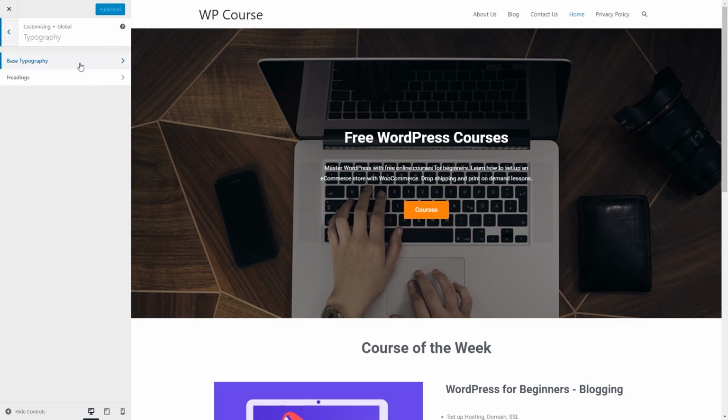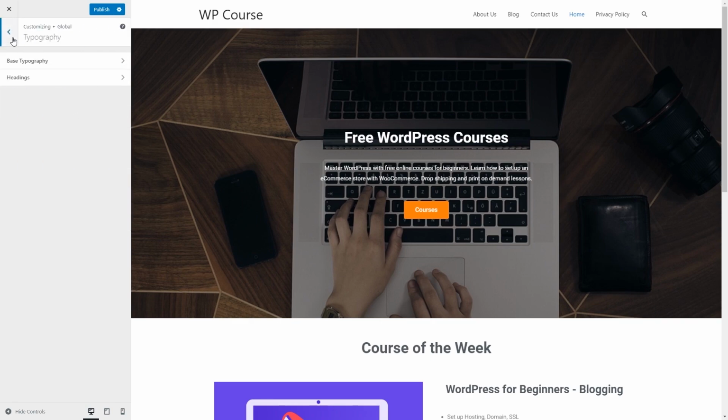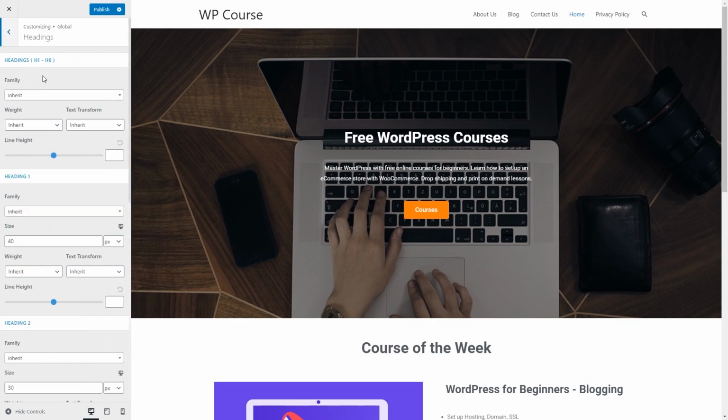So this section is all about fonts. We can change the font family of our website. So for example, if we would change it to another font, let's say to this one, as you can see, the font is different right now. So it's up to you. If you want to change the font family, you can adjust the size of the font and you can do other adjustments as well. So it's up to you if you want to do any changes right here, but I think my website looks good with a default font. So let's go back to default system font and let's go back, and in heading section,